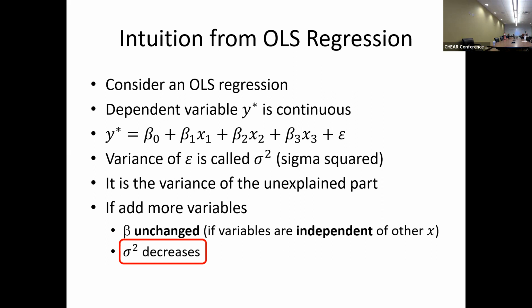covariates. And of course, there's an error term, and the variance of this error term we'll call sigma squared. So that's the unexplained part. When sigma squared is big, your R squared is small. When sigma squared is relatively small, your R squared is big. But that's the unexplained part. If you have no covariates and just a constant term, then sigma squared is the variance of the original variable. As you add more variables, sigma squared gets smaller.